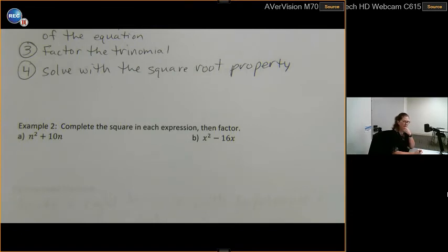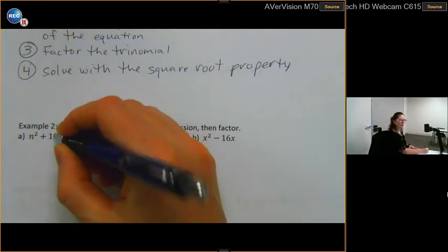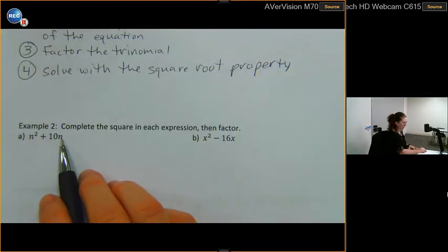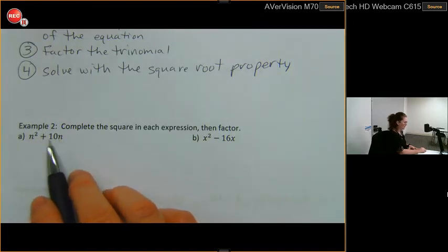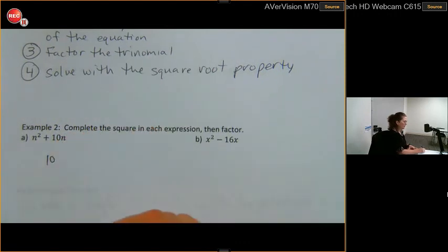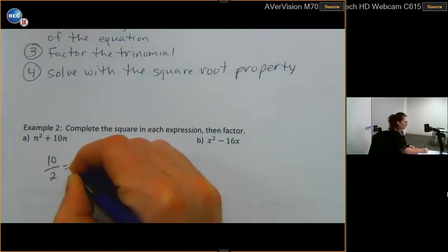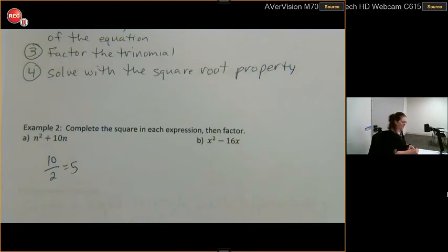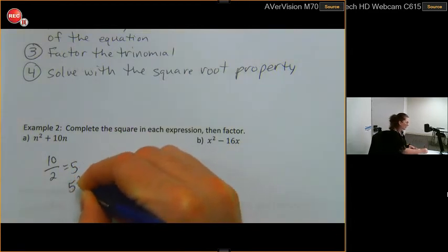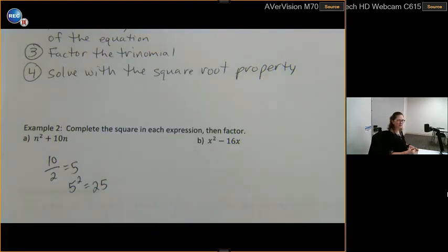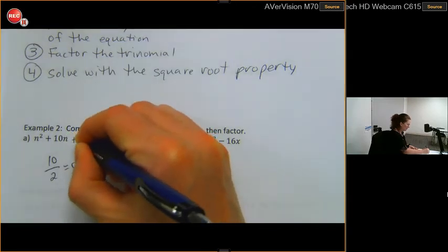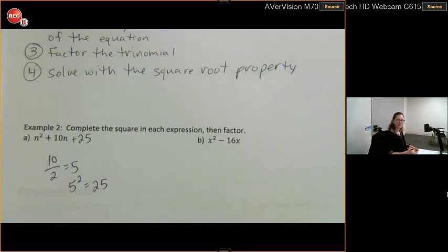So on letter A, you notice we don't have an equation here. All we have is just an expression. So to complete the square with this expression, what I'm going to do is I'm going to start with the number that's in front of the n, the one that's not squared. So this is 10. And then divide it by 2, which equals 5. Take that number, square it, and that's 25. Add the 25 onto the problem,